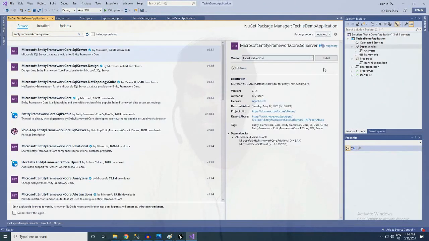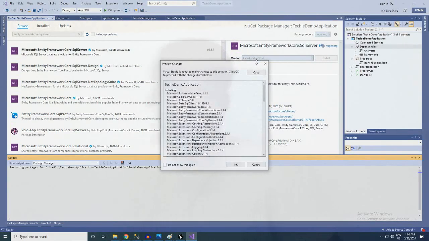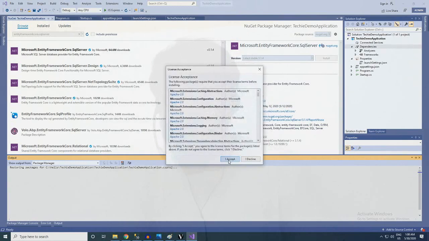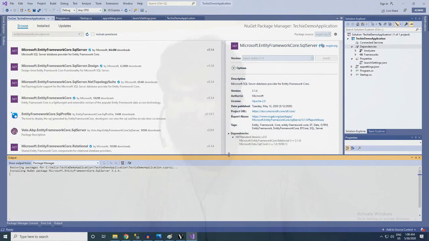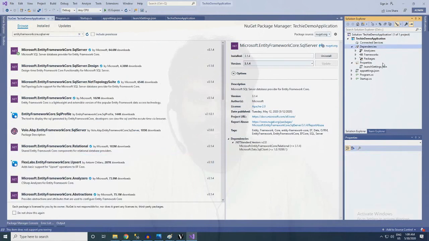Click on the first and install the latest stable version. In my case it is 3.1.4. Click on OK. Agree the license. So in a few seconds the same package will be added here.